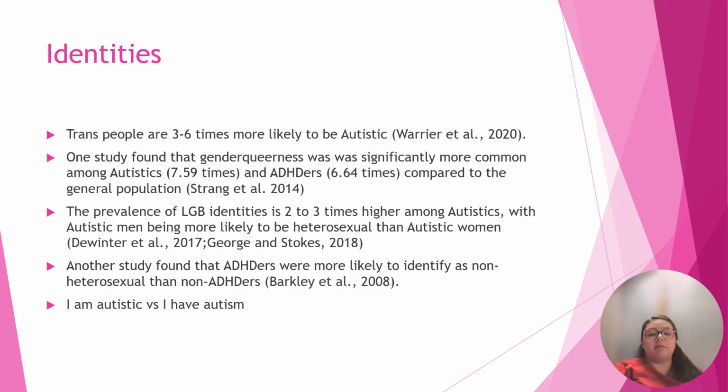So here I have different identities that are related to autism. And here I want to go over this first, which is I am autistic versus I have autism. This is going to be a difference that you'd have to ask each person to be able to understand what that person wants. Oftentimes we hear the language to not say that a person has depression, that they're dealing with depression, right? But that is something where depression symptoms can be subsided, can be resolved, versus autism, saying I have autism. To some individuals, that can imply